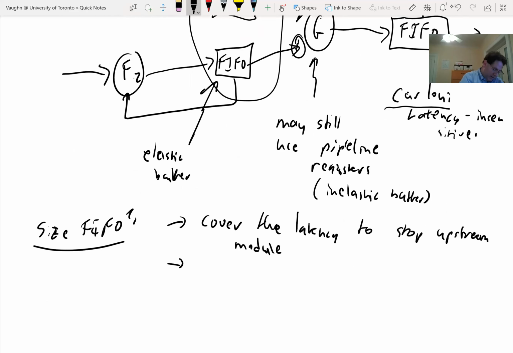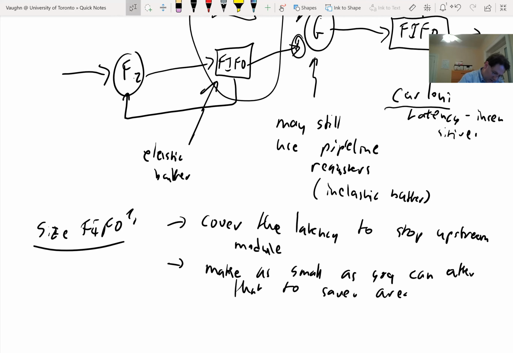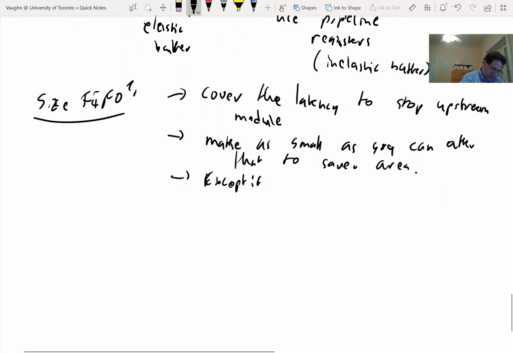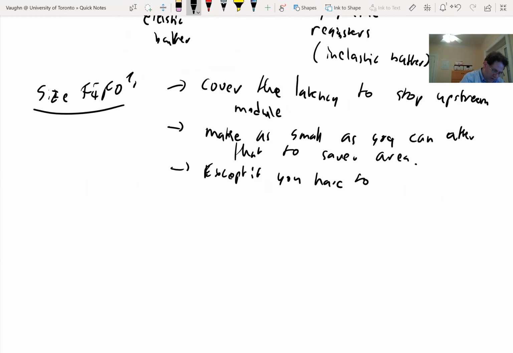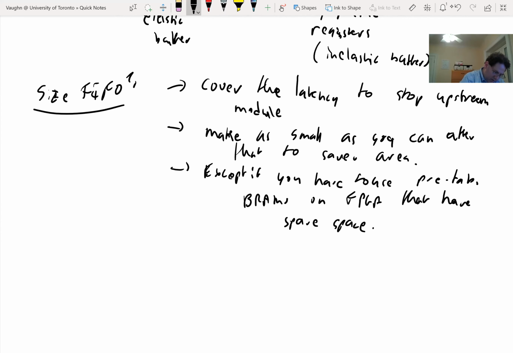And then I guess beyond that, make it as small as you can after that to save area. Except if you have to use prefabricated block RAMs on FPGA that have spare space. Okay, so when you know that you're using something that has spare space, then you can kind of be generous